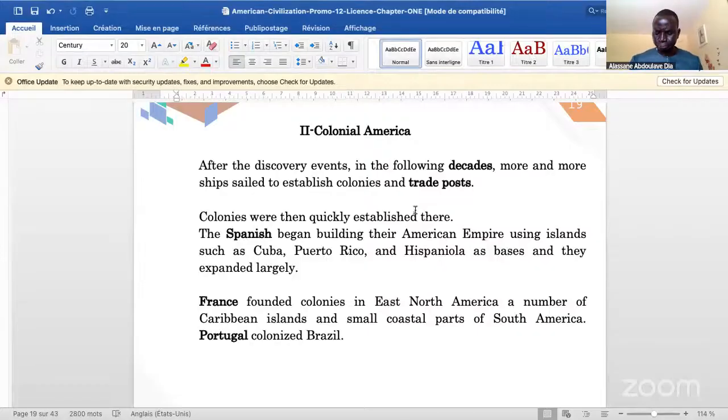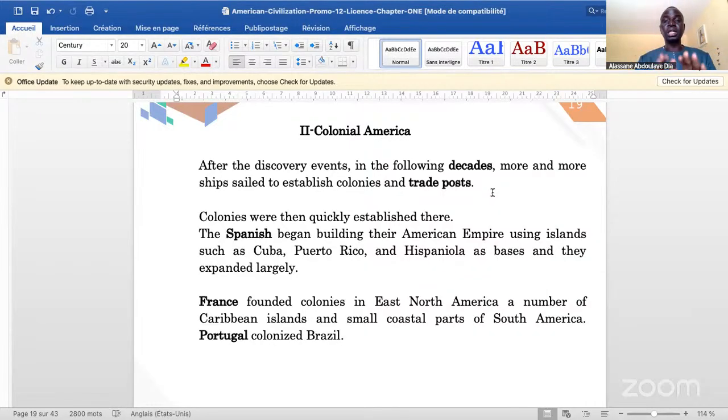Colonial America. What should you know about colonial America? In colonial America, it means after the discovery events, after the exploration phase, now the continent is known. In the following decades, more and more ships sailed to establish colonies. Now we are no more in the time of exploration, like Leif Erikson and Christopher Columbus, who were explorers. Now we are at the time of colonization. The continent now is discovered,